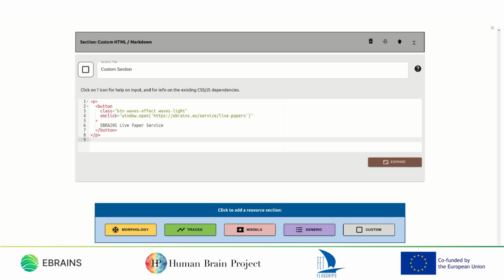The custom section ensures that live papers are not limited in their complexity. Users are free to import CSS style sheets, JavaScript files, and other resources to obtain custom functionality as desired. In short, this is a very powerful section with lots of possibilities. If your data sharing requirements are not met by any of the other sections, it can certainly be achieved via